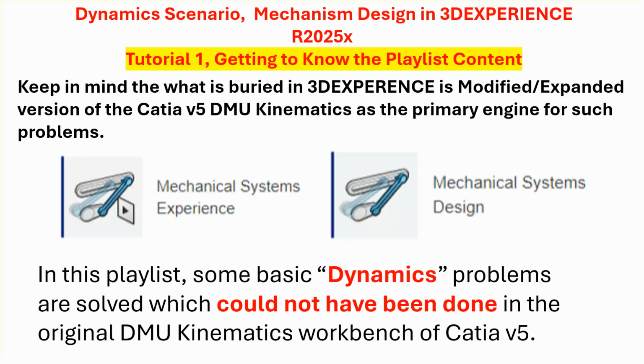However, I want to point out that the dynamics calculations cannot be done in the DMU kinematics module within CATIA V5. However, they have expanded that in the 3D Experience so that you can do very basic